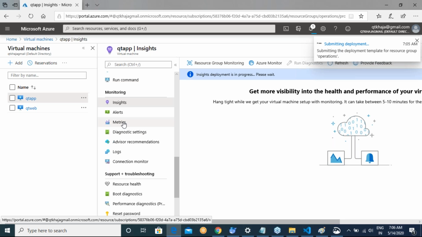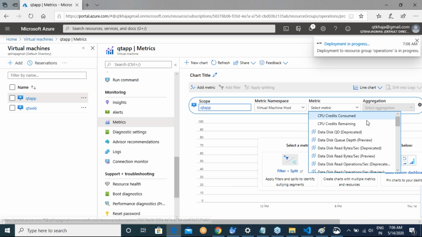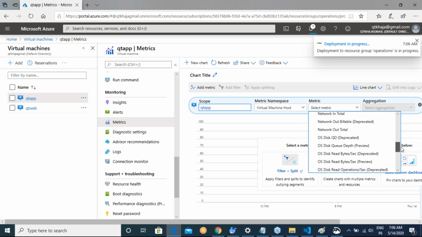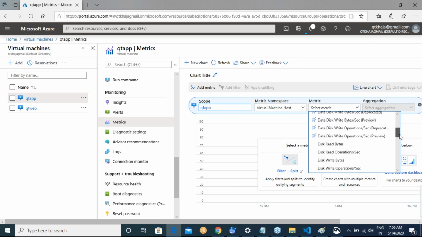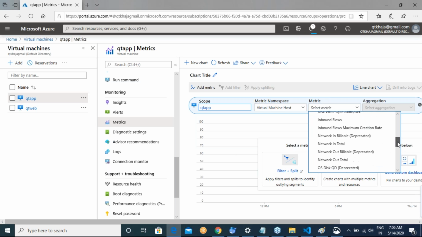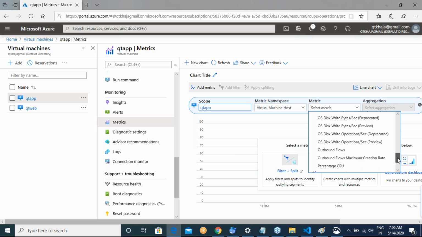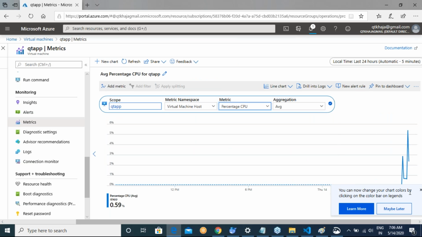While Insights are getting deployed, let me click on Metrics. If you look into the metrics, there might be a slight difference from what you see on the Windows machine. There will be certain things that are added, and certain things which are different. For example, I try to create a graph called percentage CPU.